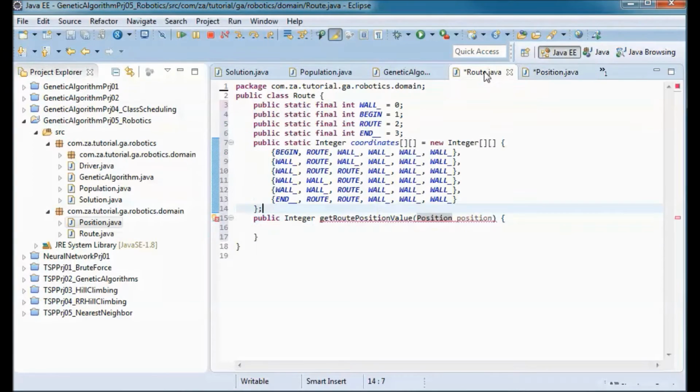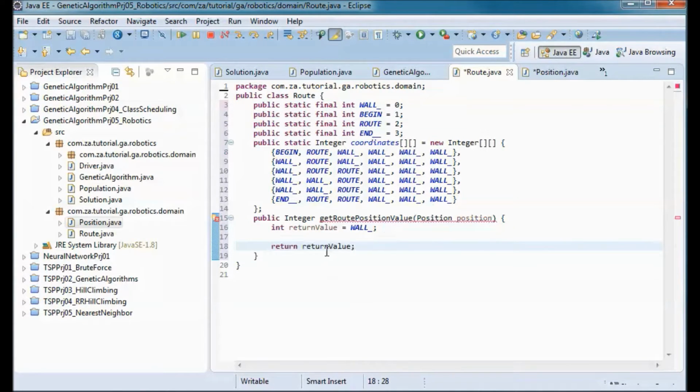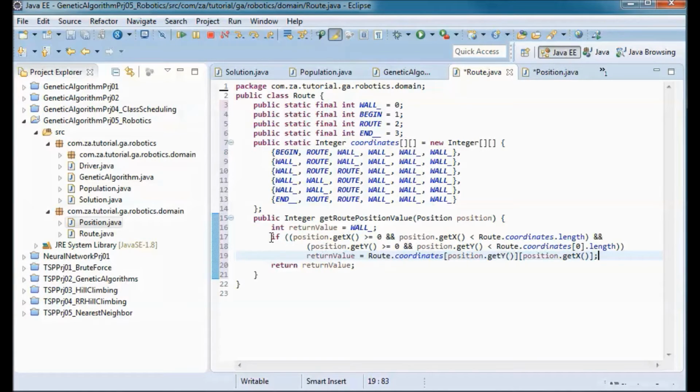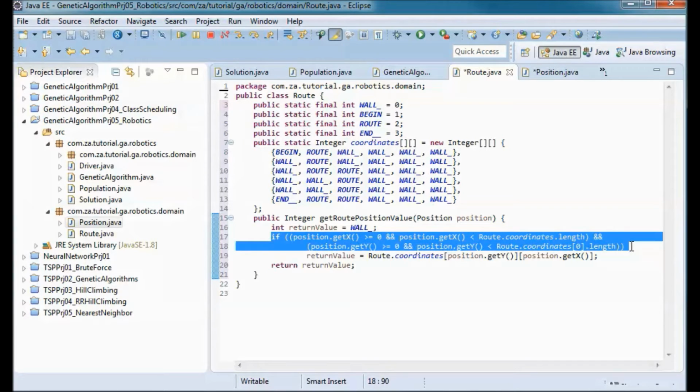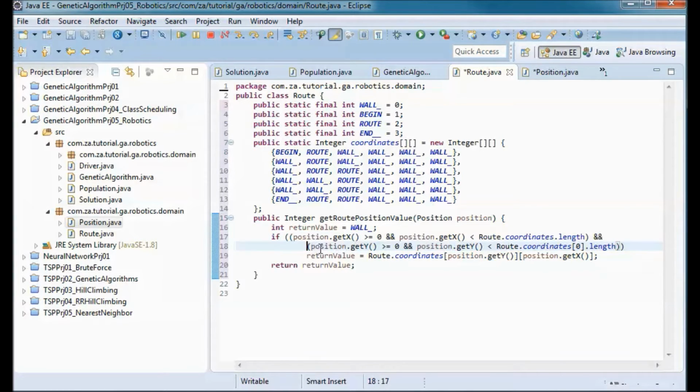So let's go back to the route class, and let's have a return value that will be initially returning 0, a wall, and return that return value. And if the x and y coordinates are valid, here we're checking for that, then the return value will be the coordinates.